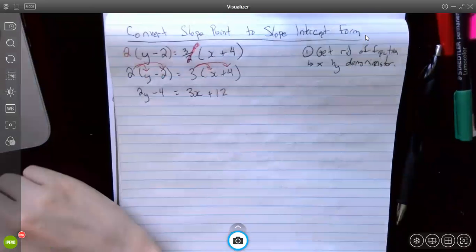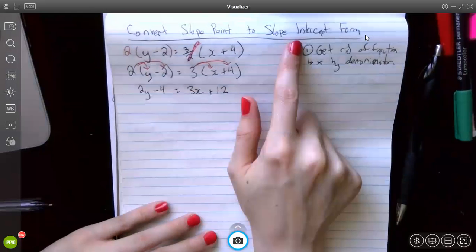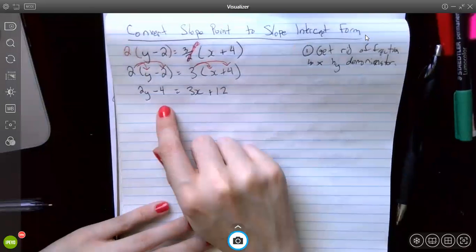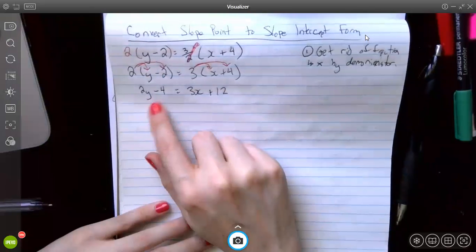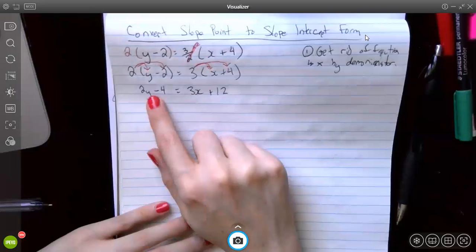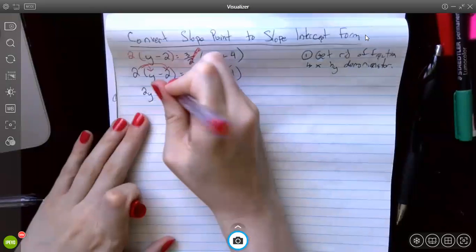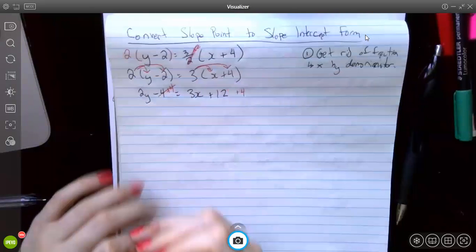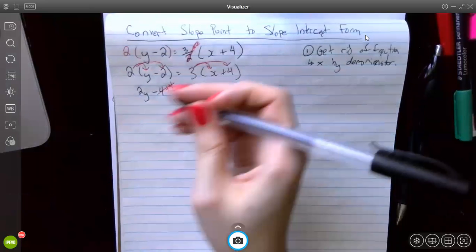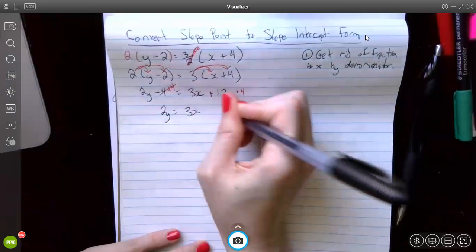I'm then going to start gathering my like terms, and because I want to get into slope intercept form, which is y equals mx plus b, I want the y to be alone on the left side here. So I'm going to move the minus 4 away from it. So I will add 4 to cancel that out, which means I must add 4 to the other side. That leaves me with 2y equals 3x plus